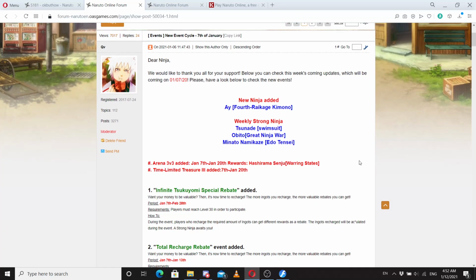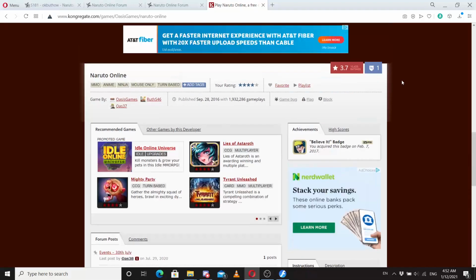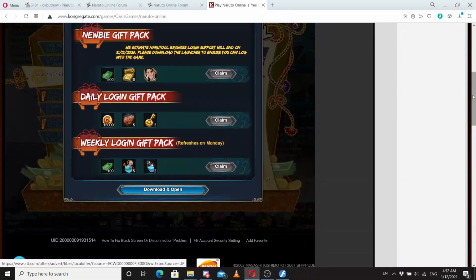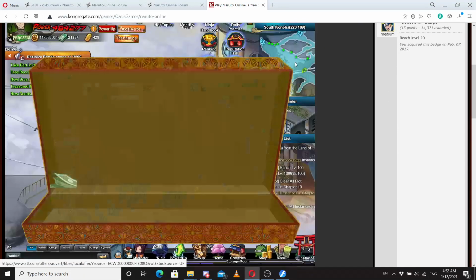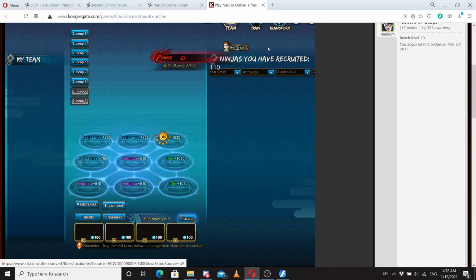I don't know what else to add. Oh, Warring States starts. I kind of wonder about Warring State Hashirama. Well, I can play on Congregate now, so I guess I'll just use Congregate for now. But I wonder if there's a 3-star version of him that gives him more abilities or something, because I know with this 2-star version, he has